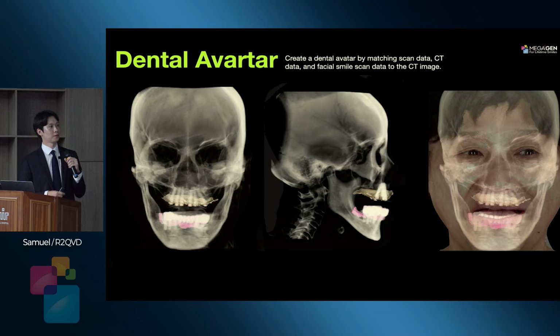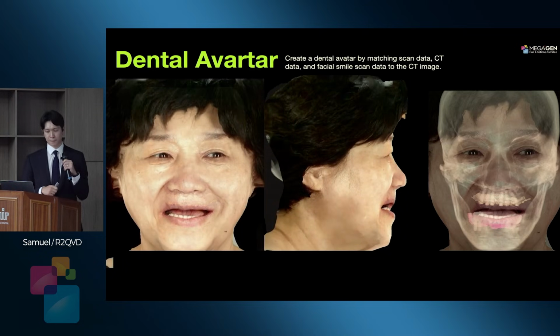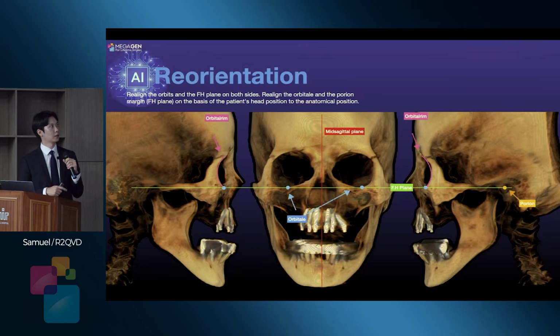Then matching is very simple. After that, AI can make a reorientation. I just wait just 30 seconds. Then after that, I check the condyle every time. Yes, this case is quite a good position. So that means it's a very easy case. Then